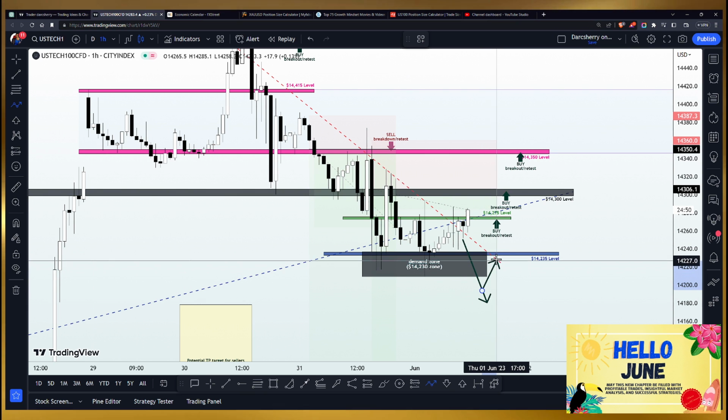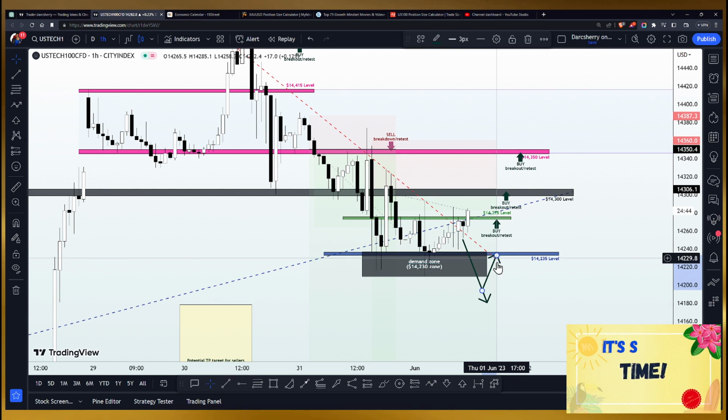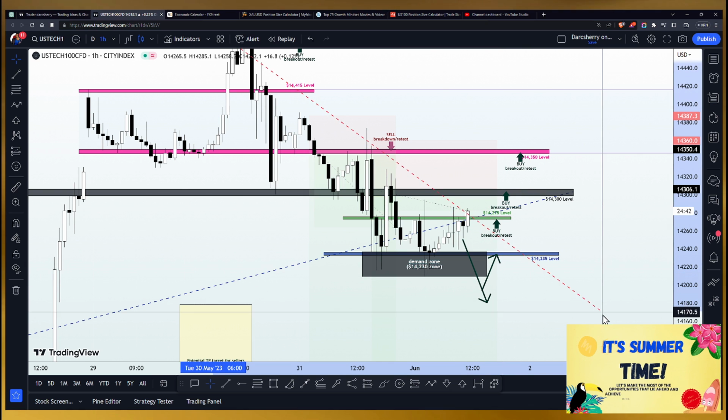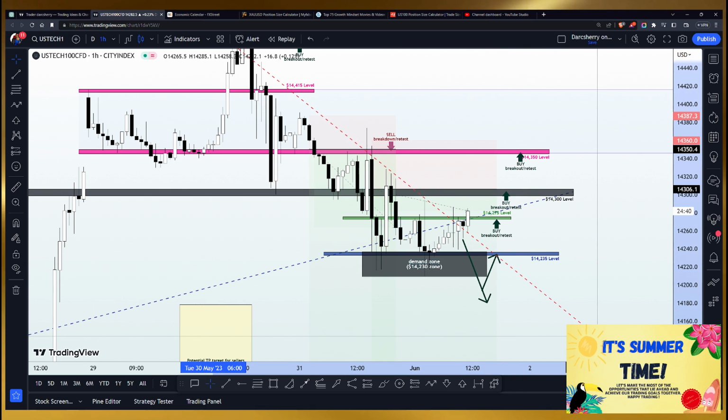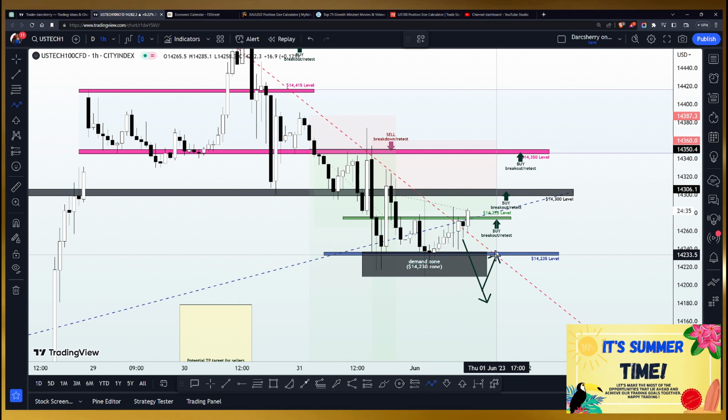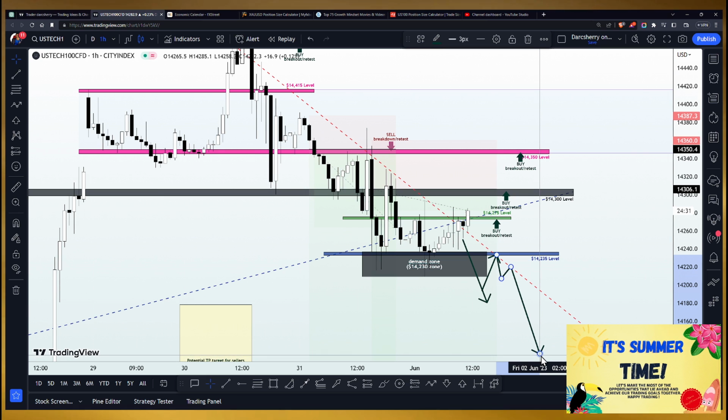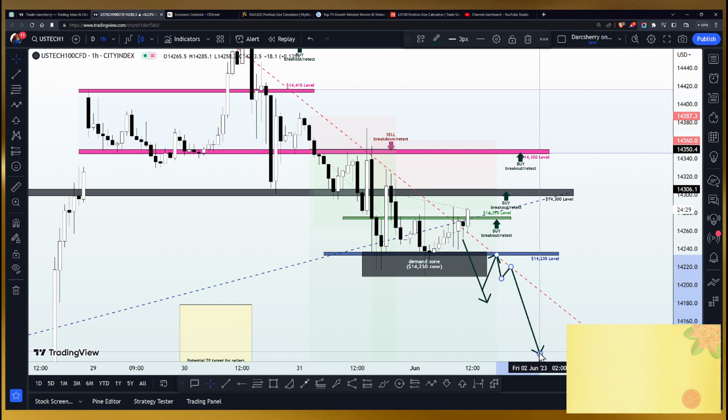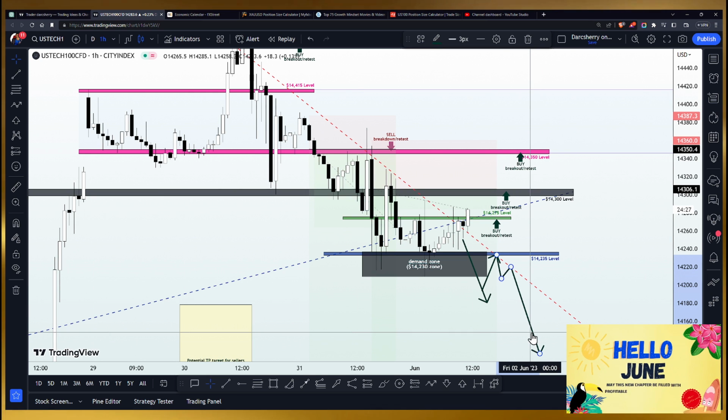It could be the retest of the demand zone at the 14,230 or the 14,235, or in fact a retest of the trend line which has been supporting this bearish momentum since the beginning of the week to give us a sign that sellers are back into their territory to push price back to the downside. So this is the only way we shall be looking out for selling opportunity from this current structure.